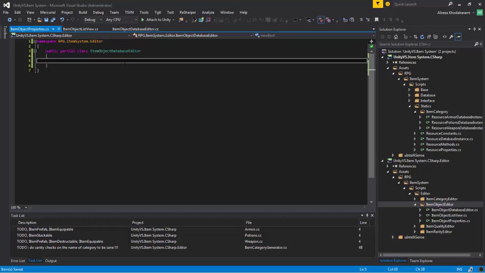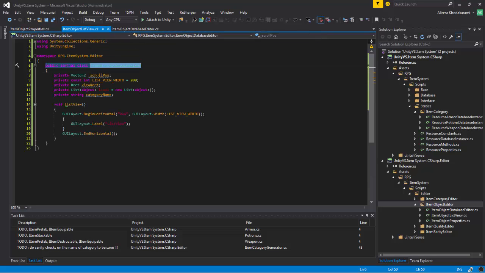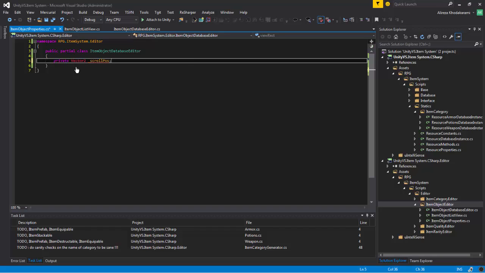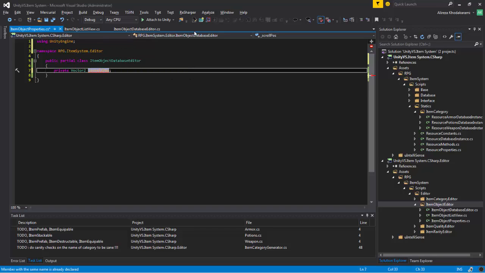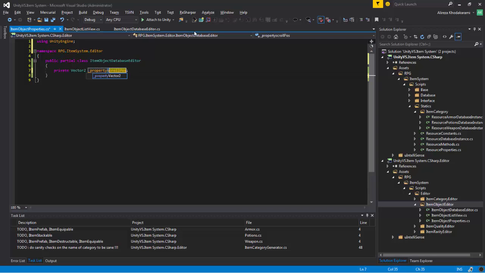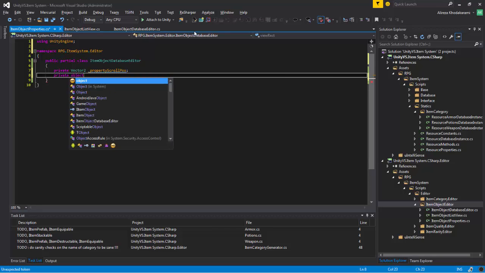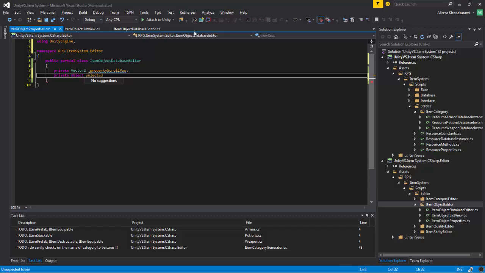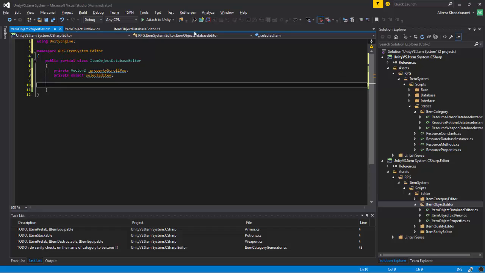There we go. Now here, we will have another scroll pos, and we call it property scroll pos. And after that, a private object selected item. Then void item properties